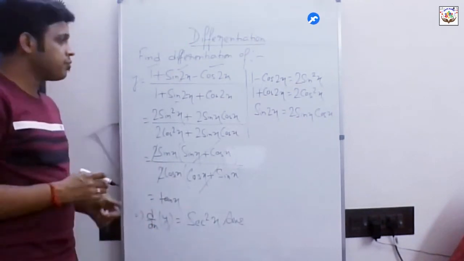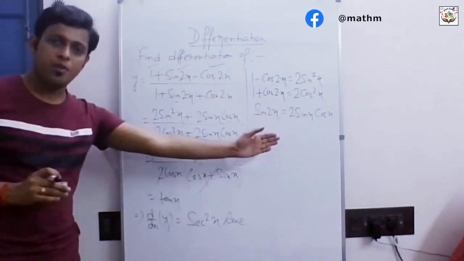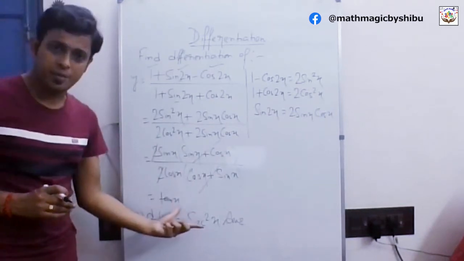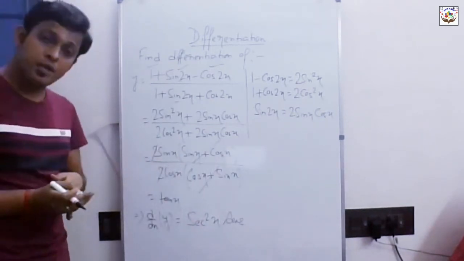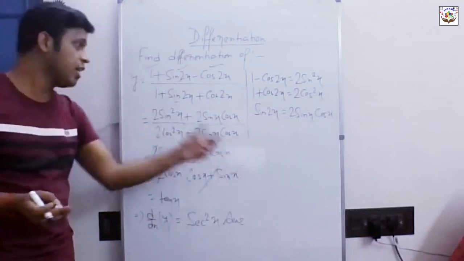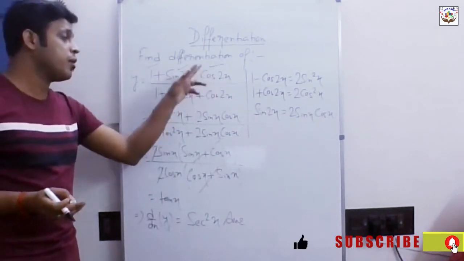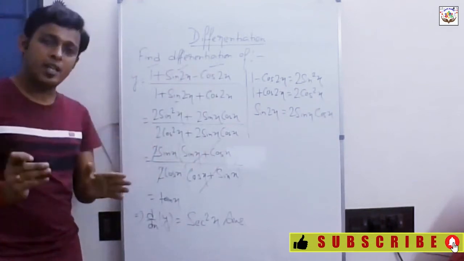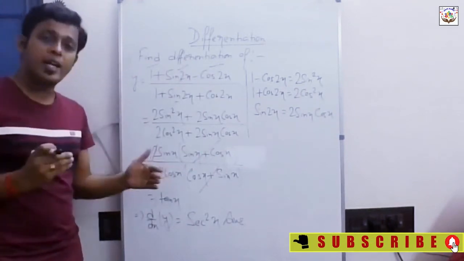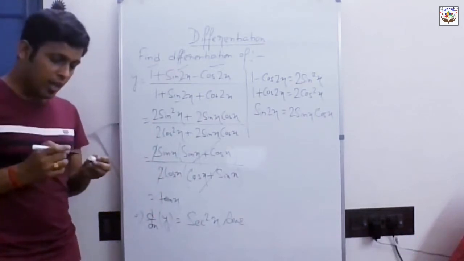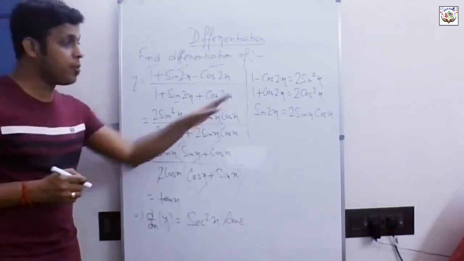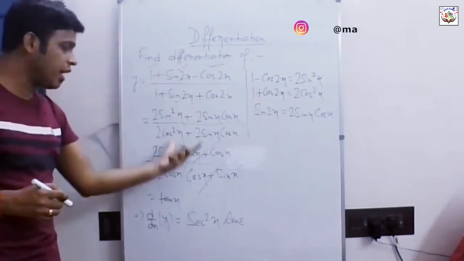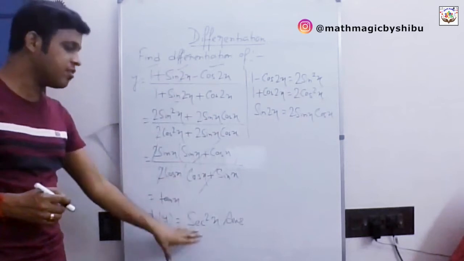So if you remember these three formulas, the problem can be solved in just 2 to 3 steps. But if you are not able to remember these three formulas of trigonometry, then you need to solve this problem by the form d/dx of u by v, and it will be a much more hectic, complicated and lengthy task. So I recommend you remember these three formulas so that you can apply them to this kind of problem to make it easier and simpler.